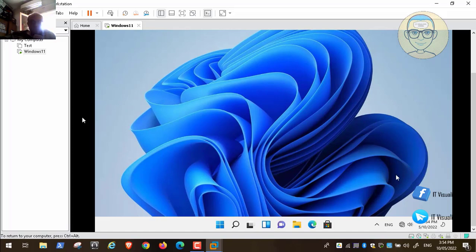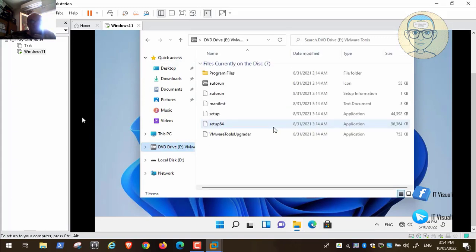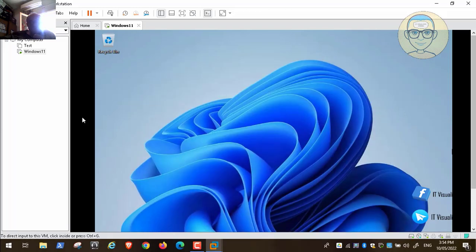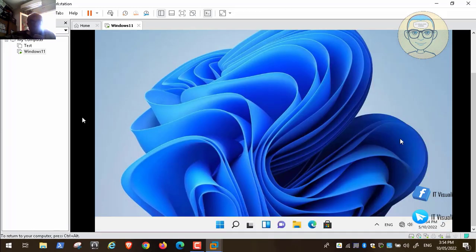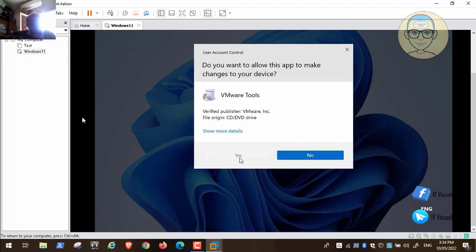Okay, so we will install the VMware tools. Here we go. We will open the DVD, and then we will install the VMware tools and the setup to be 64-bit, because this is Windows 11 64-bit, and by the way, there is no 32-bit Windows 11 system. There is only 64-bit. Anyway, so we will install the VMware tools,